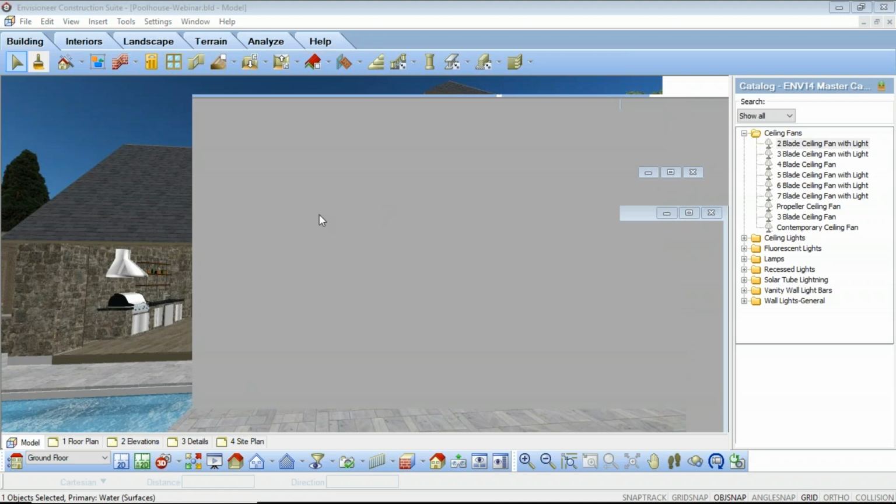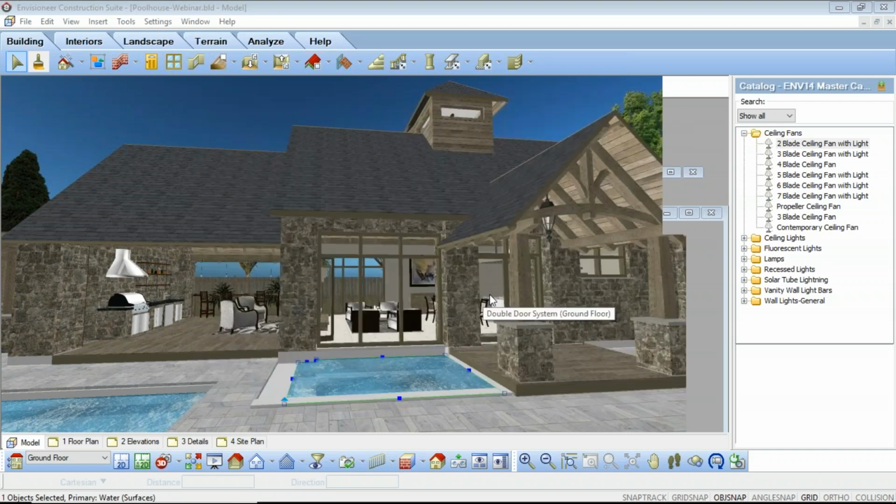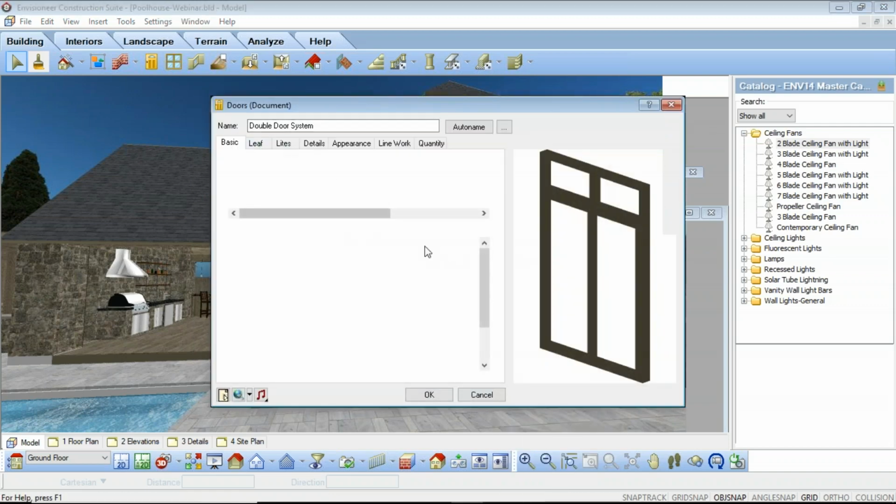So now a question that's come in is, are previous projects able to be VR'd? Yes, you can open up a project that you've created in a previous version and look at it in the VR settings. That is not a problem. If you want to be navigating around in it, you will want to make sure that you have doors open. So if you want to walk through the front door to get into the house, make sure that you have the door option open. And to do that, all you have to do is select the door itself, and then under the properties of that door,